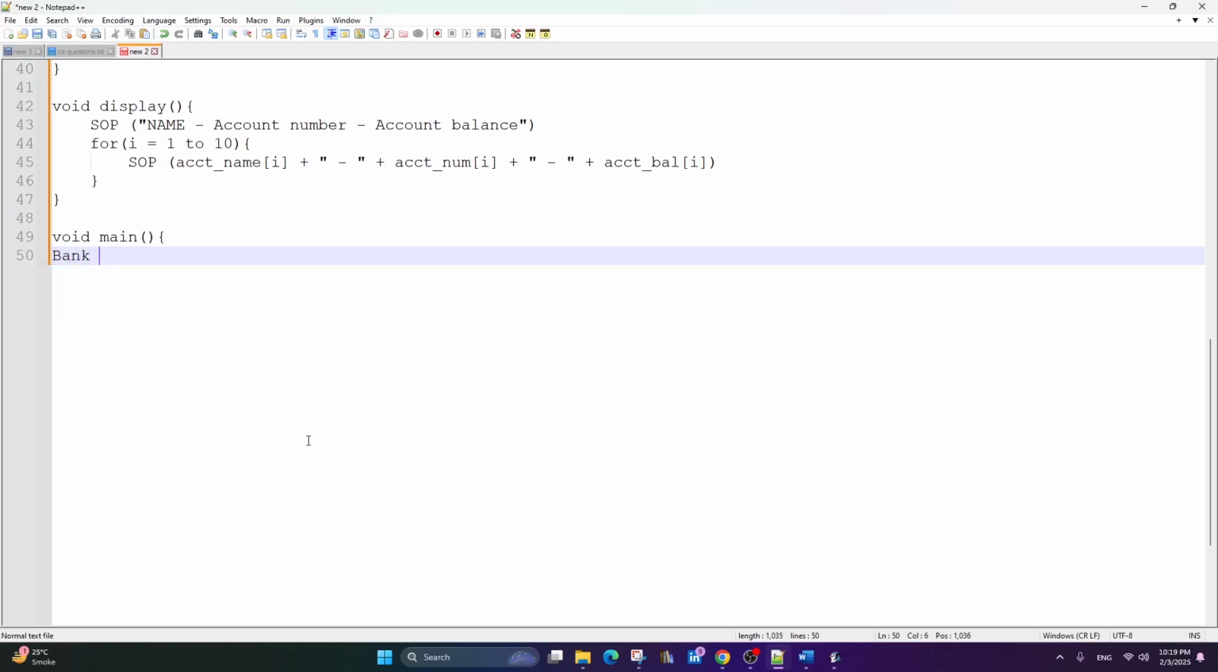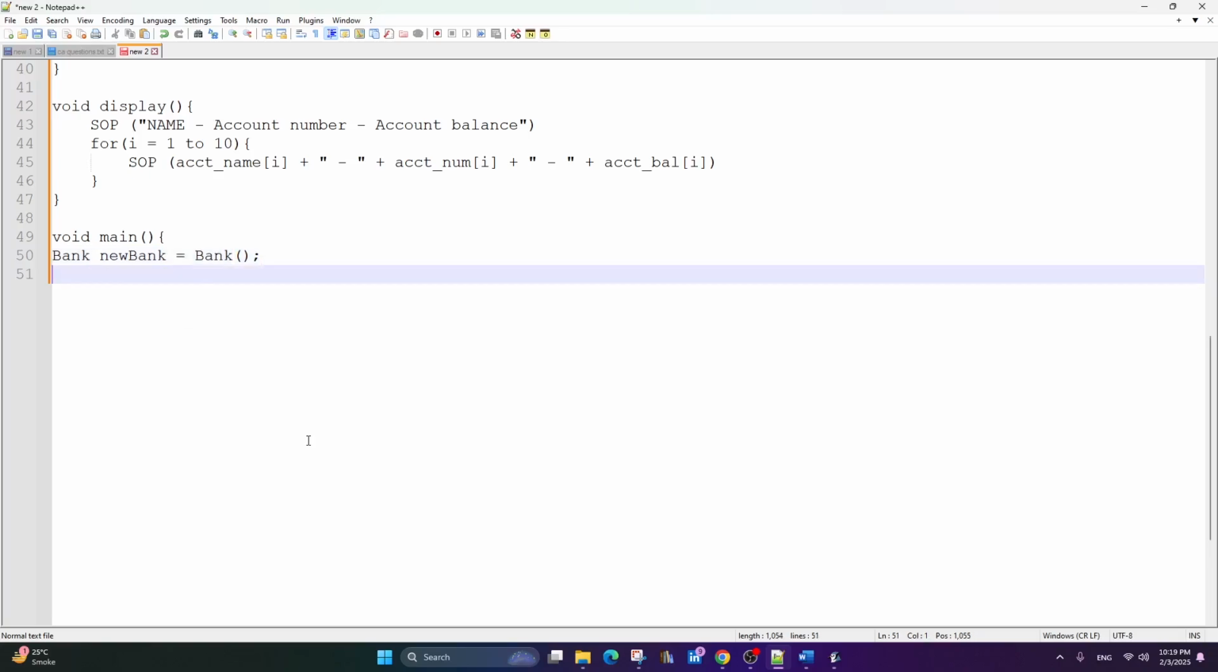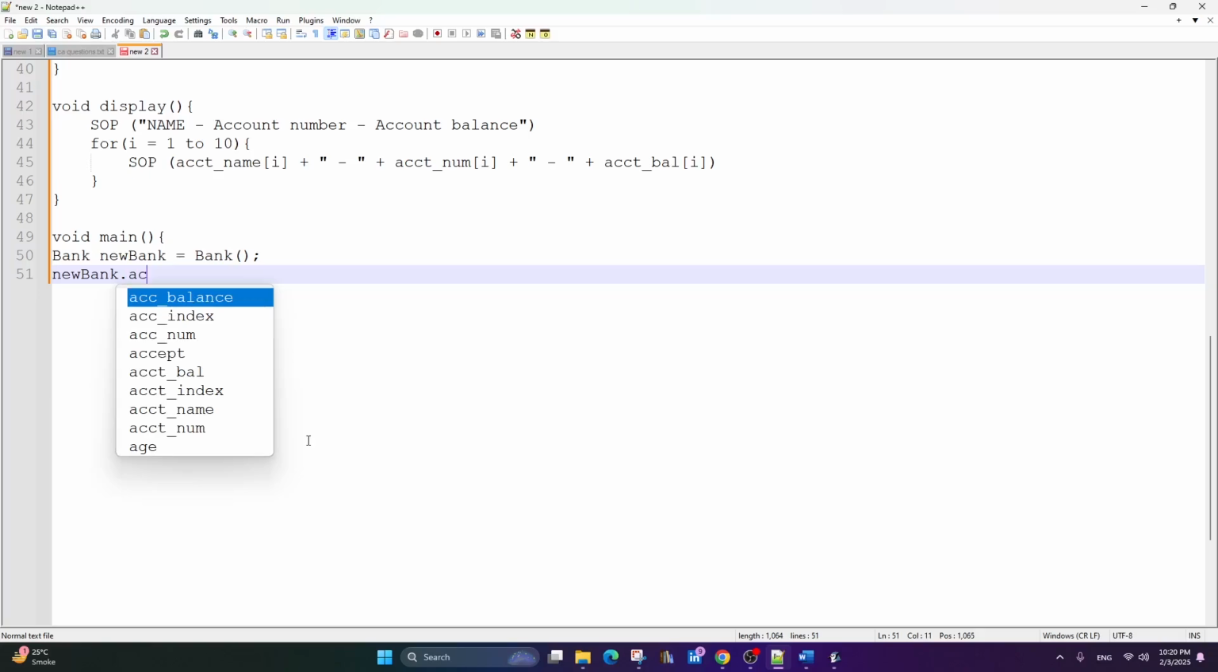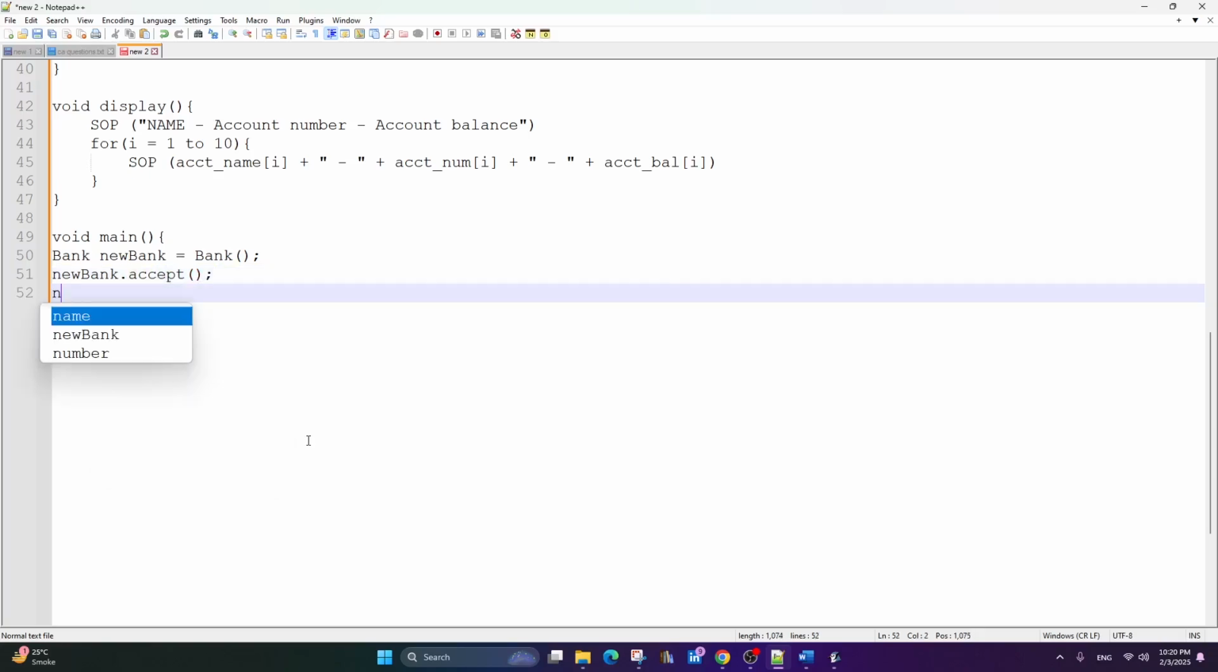So we will have Bank, right? New bank equal to new Bank, like this we'll have. So we have created this new bank. Now what you will do is new bank dot accept, right? This will accept something. Then simply new bank